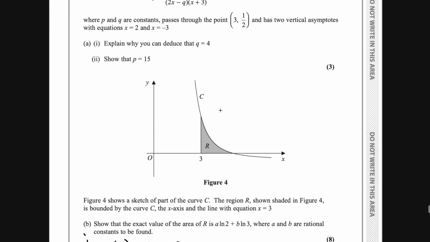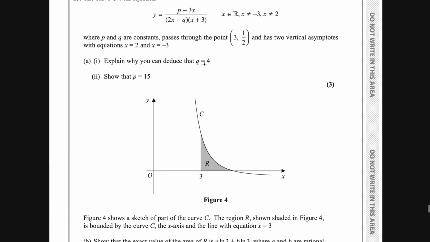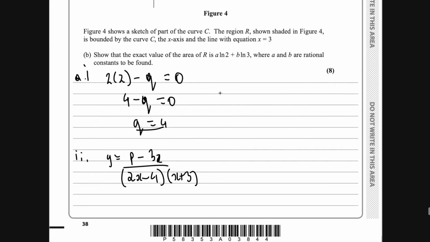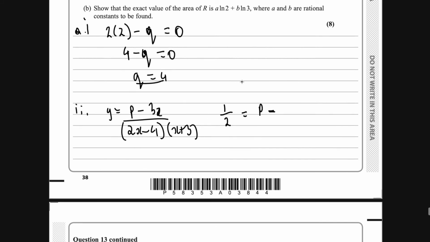So the equation itself is y equals p minus 3x over 2x minus 4 multiplied by x plus 3. And again, because I've already substituted our value for q in there, I'm just going to be putting in the coordinates that we know it passes through, so 3, a half. Okay, so we get that a half is equal to p minus 3 times